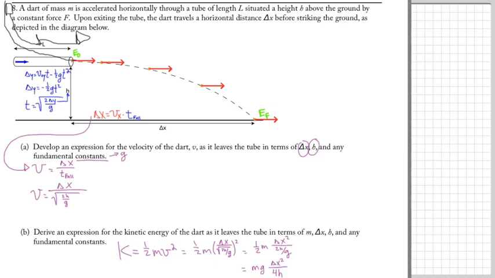So delta x is down here, that's the range of this projectile now. H, its height above the ground, and any fundamental constant. So g is the example of the fundamental constant that we'll use in this one. I can just solve this range equation, which is coming from a kinematic equation, that delta x, the distance